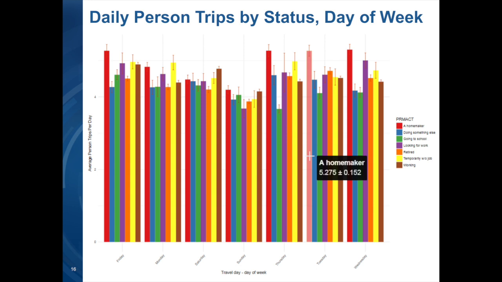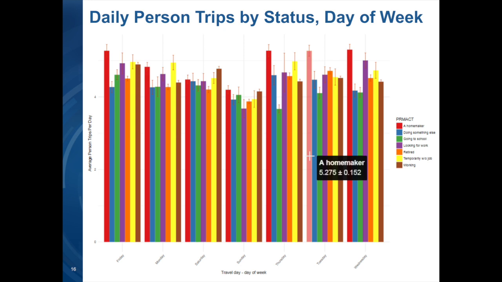Do next. Daily person trips by status, day of week. So don't freak out at the colors. I'm not using full-time worker, part-time worker. I'm using this question NHTS asked, which is, what is your primary activity? So I'm just showing homemaker, worker, something else, retired. All I did was replace that previous call with this question, prime act, and travel day of week,